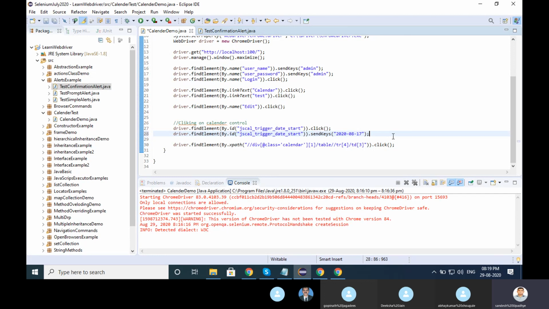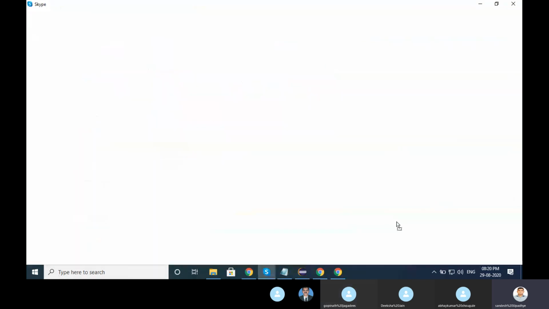So most probably from tomorrow onwards, we will start the framework creation part. All Selenium concepts are completed here. So while working with the framework, if anything comes up on the fly, then I will tell you those things. So most of the things we have covered.